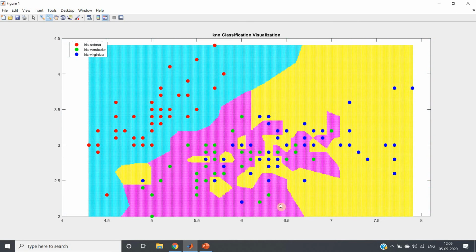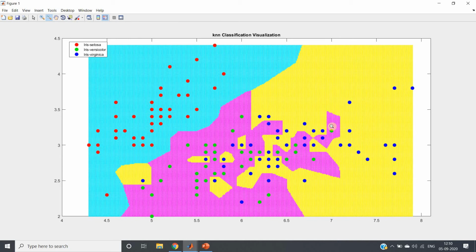So when you keep your number of nearest neighbors, that is the k value, very small or near 1, your decision surface will not be very smooth. For the same reason, here a single IRIS Versicolor point forms one huge patch, which is a region actually belonging to IRIS Virginica.